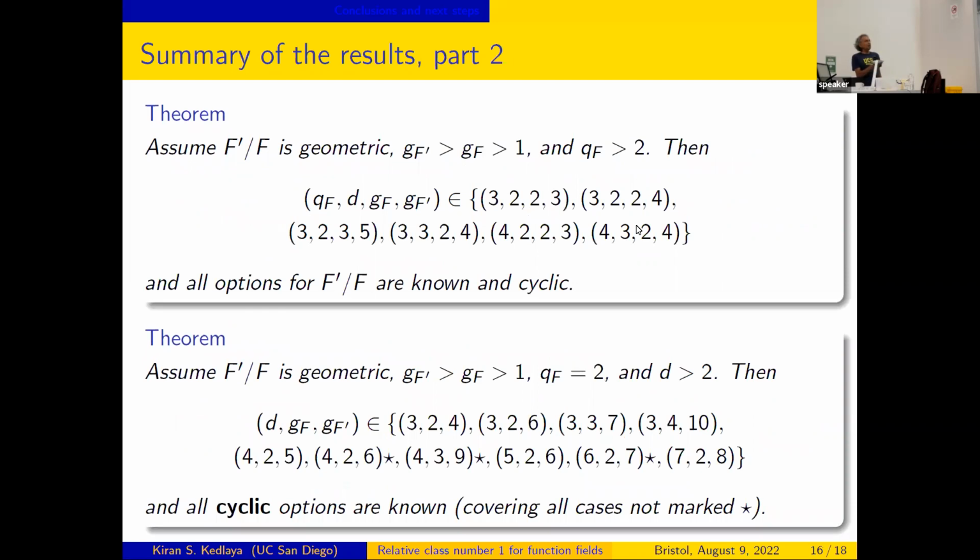If you have the base field genus bigger than 1, but Q is bigger than 2, I completely deal with that case. If you have G bigger than 1, Q equals 2, and the degree is bigger than 2, I completely deal with that case, except that I don't treat the non-cyclic options yet. I put the stars here because there are some options that come out of Weil polynomials that don't show up for any cyclic extension,